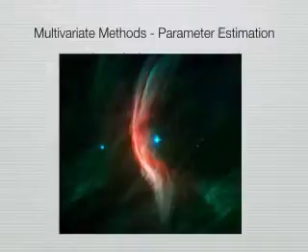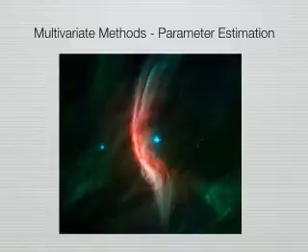Given a multivariate sample, estimates for these parameters can be calculated. The maximum likelihood estimate for the mean is the sample mean, m. Its ith dimension is the average of the ith column of x. That is, m equals the summation of x to the t, summing for index t from 1 to n, then divided by n, and mi equals the summation of xi to the t, summing with index t from 1 to n, then divided by n, where i is the index equal to 1 to